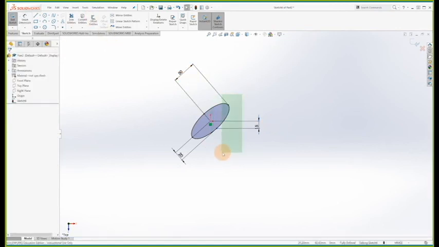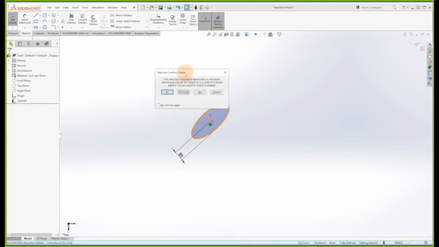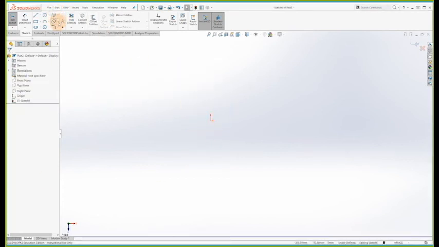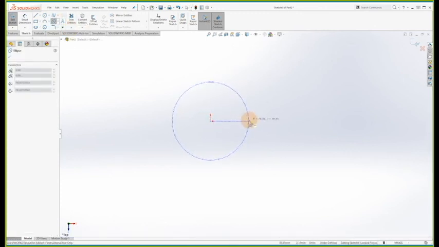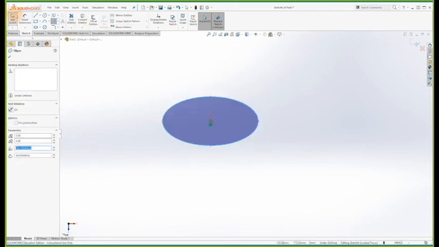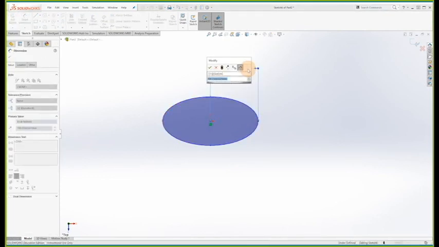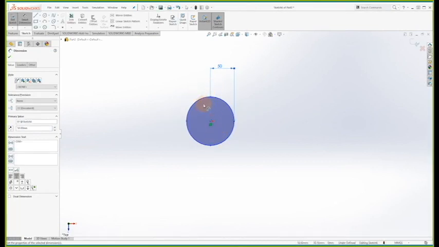If I would have done the ellipse using the constraints, let me just erase this. This is a pop-up saying, are you sure you want to erase it? Say yes. Let me show you now if I would have done it the other way. If I just would have done the ellipse here, and I would have stuck to vertical or horizontal lines, and here I would have put, like we said before, I could go as close as possible, but just remember if I want 100, it would be 50 there. And this, let's add our dimensions. From here to here should be 50. I think that should have been 100, but it's okay. The numbers we could play with. And then from here to here,